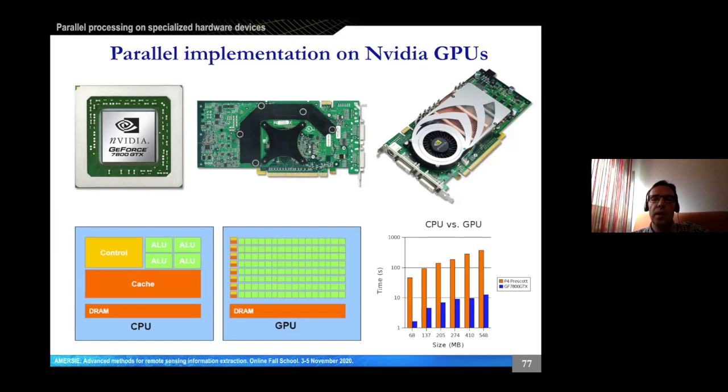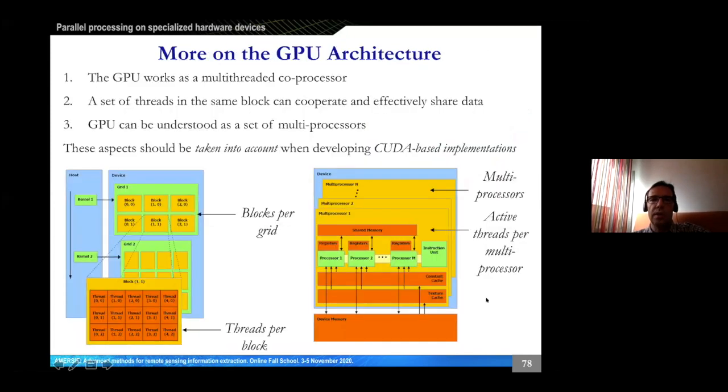In the end, we end up with an executable file that can be executed in a heterogeneous system made up of a CPU and a GPU, and we can get much better performance than, for example, a multi-core, as shown in this example. Now, regarding how the threads, the computing threads, which are the independent units of computation, are distributed,